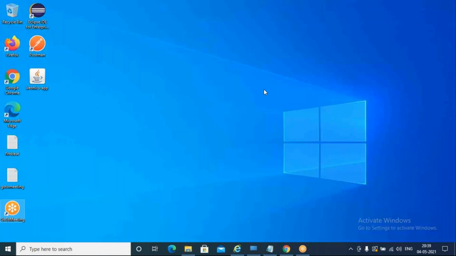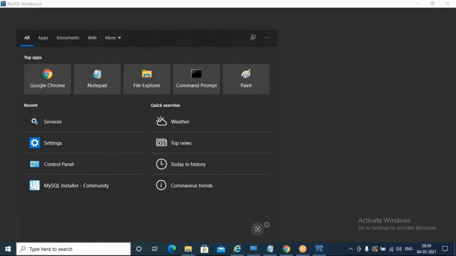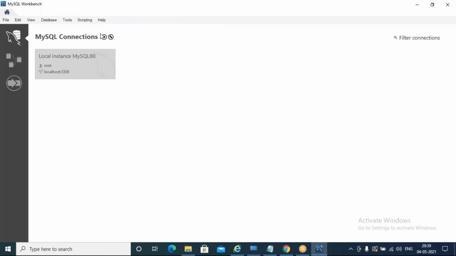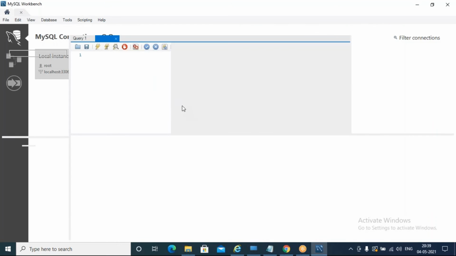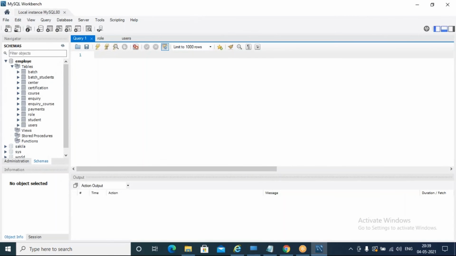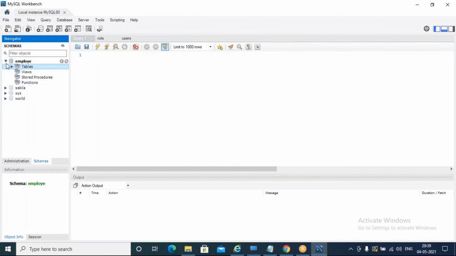My setup is complete. I will wait for a while. You will be able to see your instance running. MySQL server running. Double click on this. It will directly connect to your database.